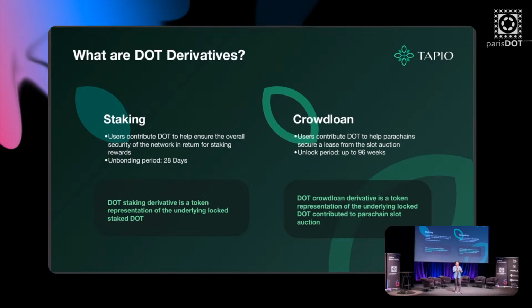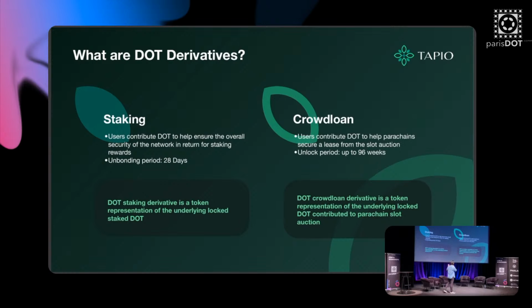So what happens is if you are participating via any of the parachain's DeFi services, when you contribute your DOT, you will actually get a receipt in return. And this receipt is what we're classifying as a form of derivatives. You get two types: one is the staking receipts, and the second is the crowd loan receipts. So just from here, it already generates two different formats of receipts or derivatives.